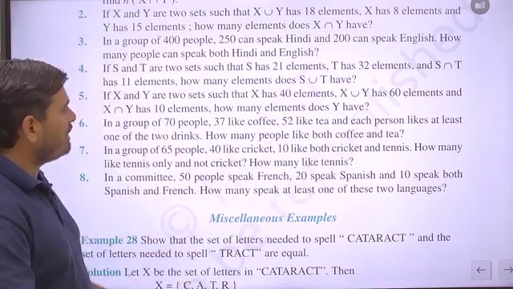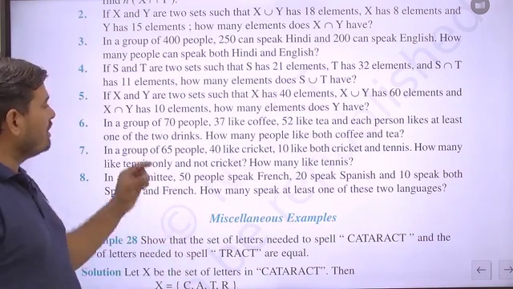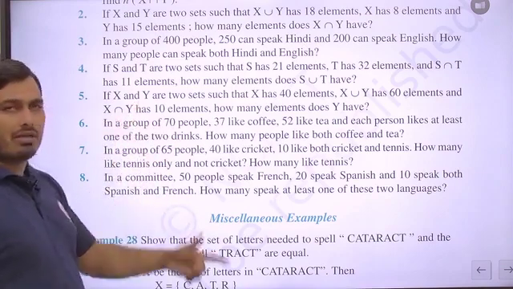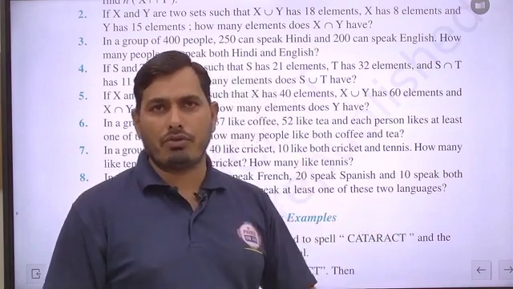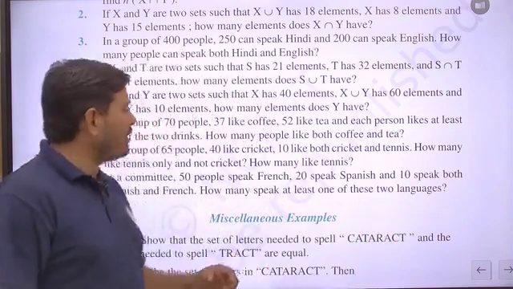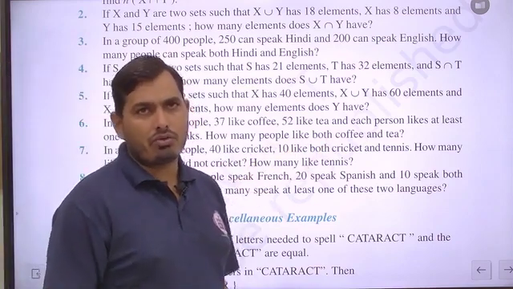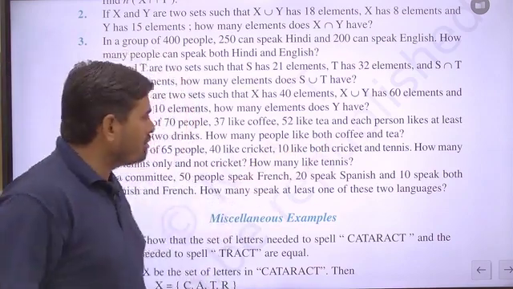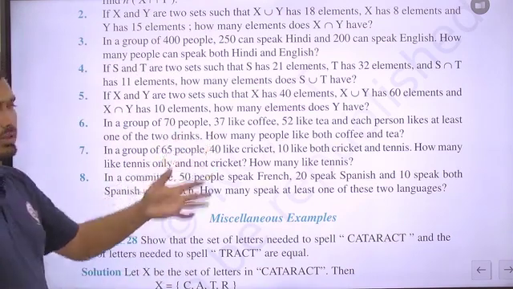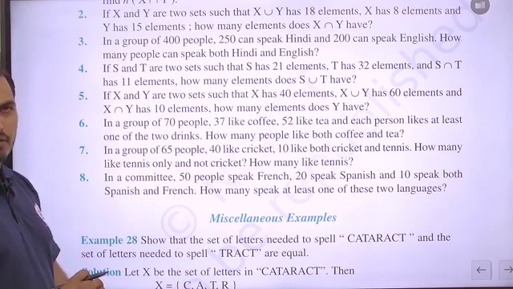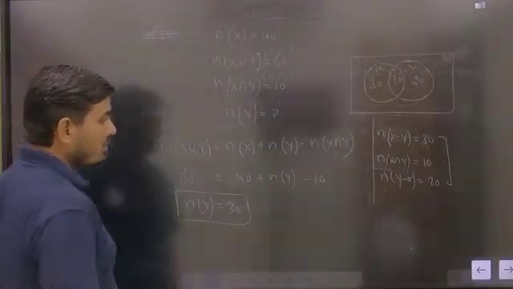This line says that every person likes either of the drinks, meaning the union has the value 70. There are two sets, suppose one for tea and one for coffee, and their union has the value 70. How many people like both coffee and tea? This question is asked here, so no problem. There are 70 persons, 37 like coffee and 52 like tea. Is that clear? So you can see question number 6 here.